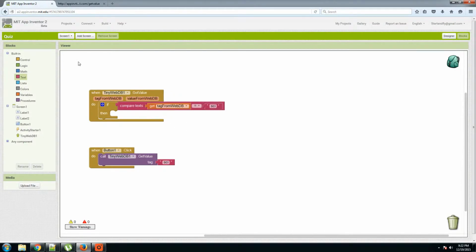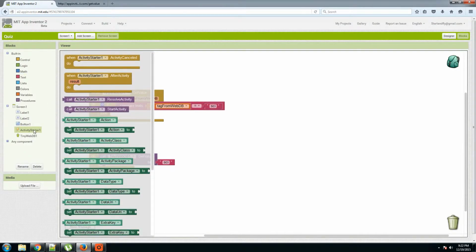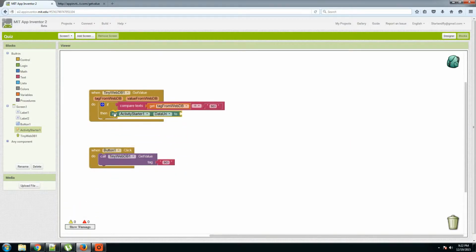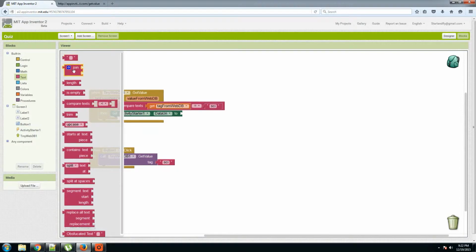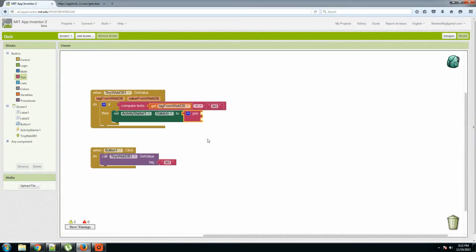Okay. Now we go to activity starter to open a particular URL. So if you go to set activity starter data URL, again you can go to text. Here we need to concatenate two strings.